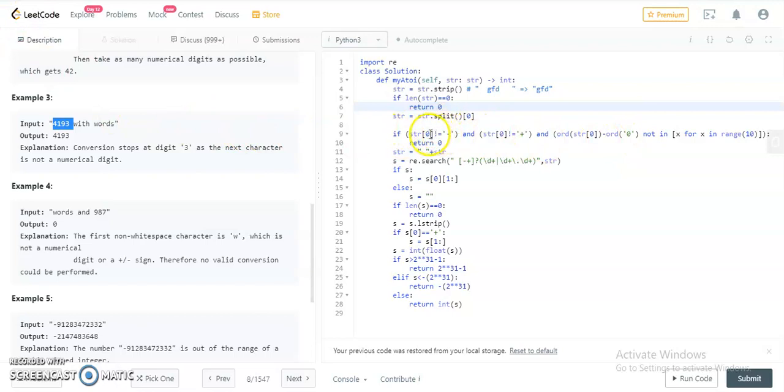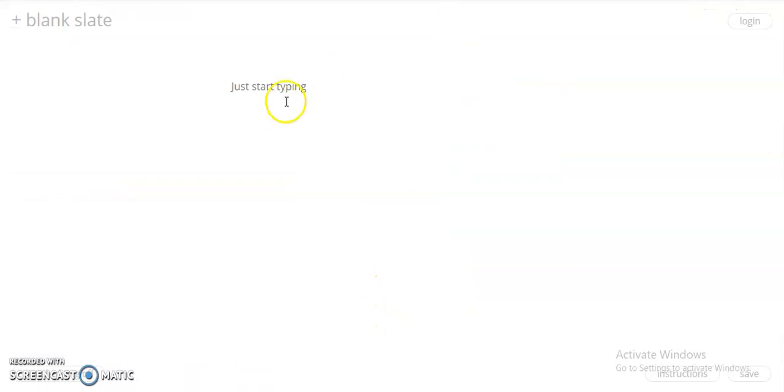What could be the chances of the first character being favorable? If the first character of our substring is a minus, a plus, or anything ranging from 0 to 9, then our string is a favorable string, right?